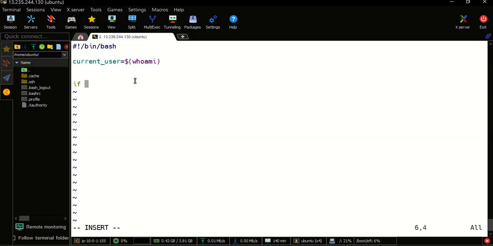Let's write the if block. There should be a space after the bracket. Equal to, if it is root, close the bracket, semicolon, then